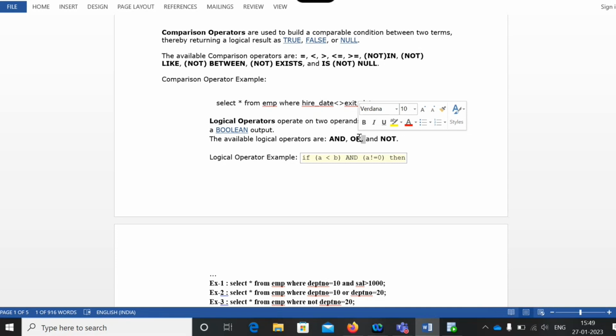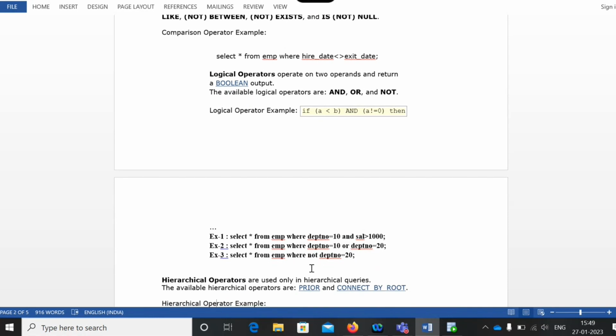In case I use or, any one of the conditions satisfied or both conditions satisfied, you will get the results. Now, not: if you are using it with a condition like equal to 100, meaning not, in the sense, other than 100 whatever we have, that we are going to get. So usually we'll write where department number not equals 200, not equals 20.